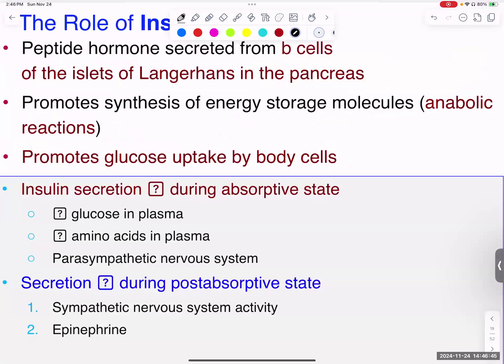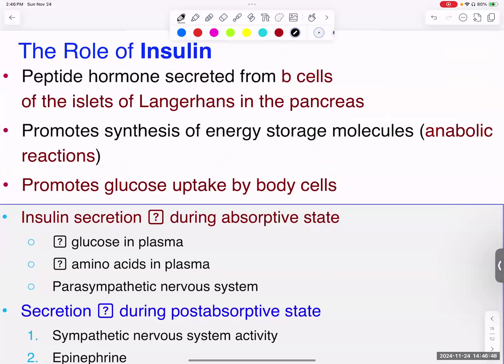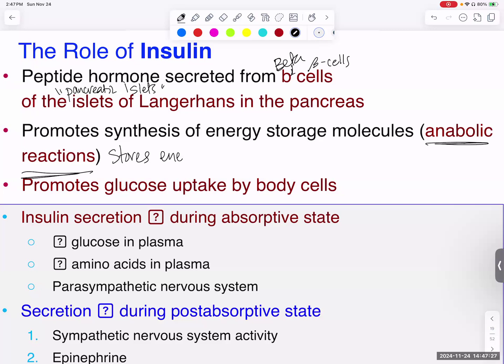We get down to the pancreas. The pancreas is what secretes insulin and glucagon. And the role of insulin, it's a peptide hormone, it's polar. It's secreted from the beta cells. So sometimes it looks like this, beta cells of the islets of Langerhans or pancreatic islets, depending on your book. And it promotes energy storage molecules. It's an anabolic hormone, meaning it stores energy,